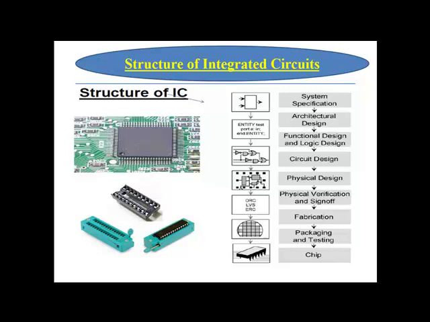Based on this circuit designing, physical design is done. Based on that we will define the specific area for different portions of the IC, like the position of the analog module, digital module, RF module, and how these modules are interconnected. All these things are done in the physical design, which is basically called placement and routing. After the placement and routing process, we go for the physical verification and sign off.